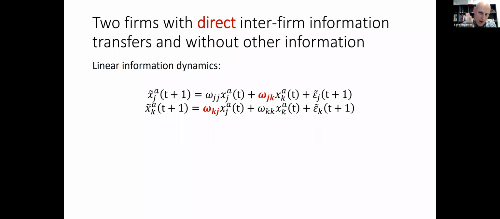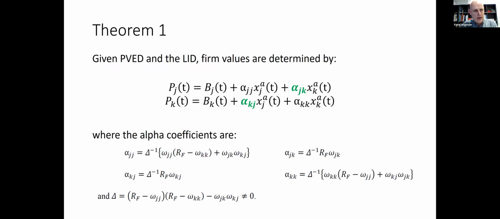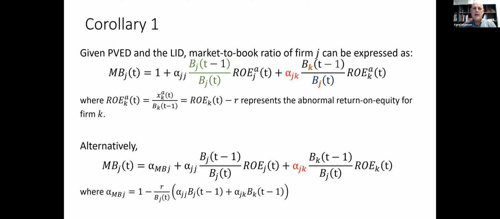Yes. So let me just wrap up the baseline case here without other information and then get to that. But I agree with the point that other information has been studied by, like, James Myers in his dissertation work in the Accounting Review. But just to wrap up the baseline case, without other information, we can rewrite the market to book ratio as